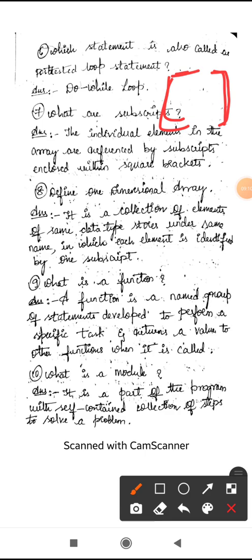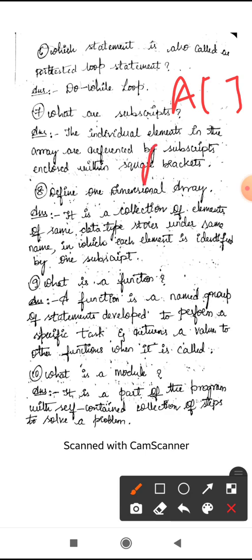One-dimensional arrays will have the one subscript. Two-dimensional arrays will have two subscripts. Three-dimensional arrays, multi-dimensional arrays will have n subscripts.